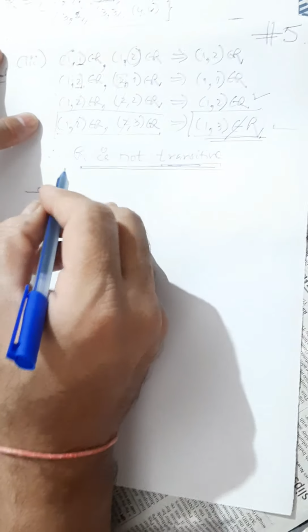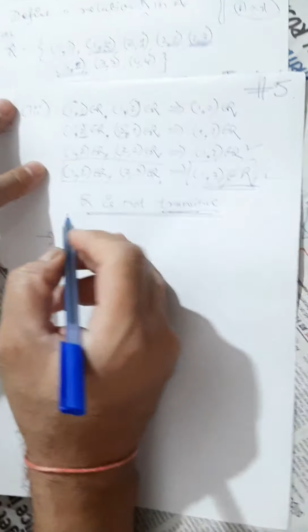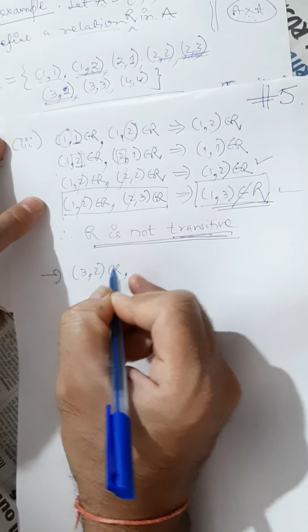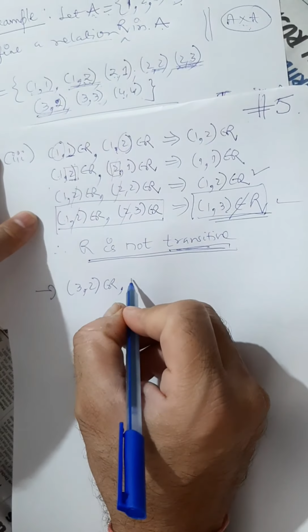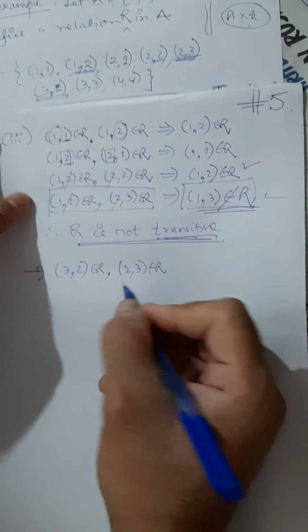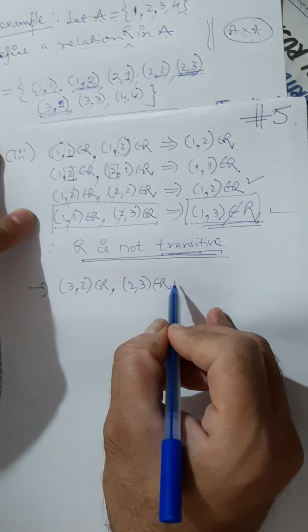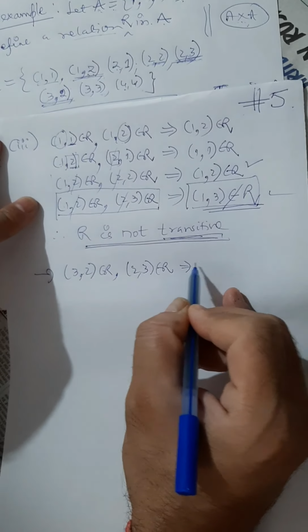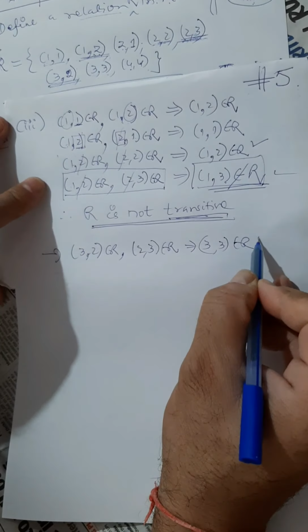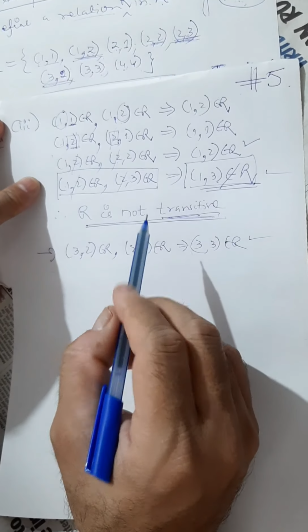One more ordered pair I can find. You can see 3 comma 2 is present. 3 is related to 2. I can take 2 comma 3, which is also in R. But in that case 3 comma 3 is there, so no need to check for this. It is there, but if I take